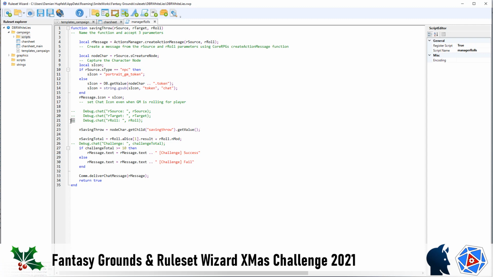What we're probably going to have to do is throw some debug on the roll out there. nSavingThrow is equal to this. Now if nSavingTotal, provided we get this correct, is greater than or equal to the saving throw, then